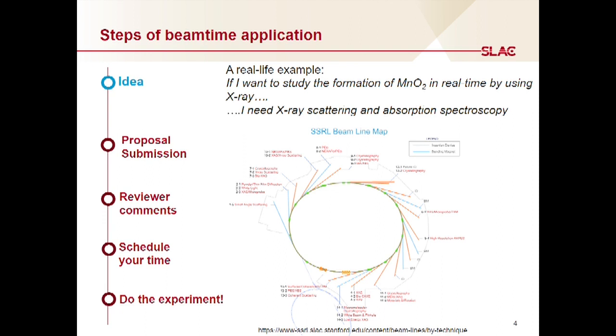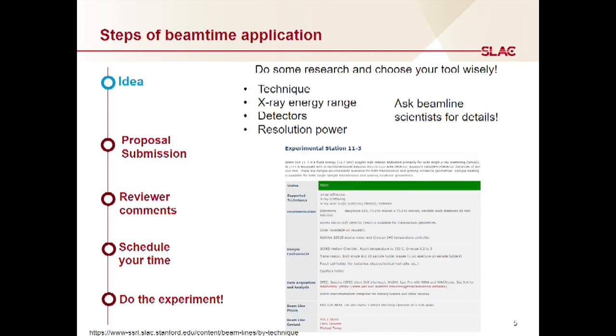In order to choose the suitable beamline for experiments, I'm going to focus on scattering beamlines. Then I find, for example, experimental station 11.3. I click on the label of 11.3, and there is a full chart describing the basics of this beamline, including the techniques it is suitable for, like X-ray diffraction and scattering, wide-angle scattering, or grazing incidence scattering. And the instrumentation basics, for example detectors, which we briefly discussed in the morning, and also some of the sample environments and compatible in situ cells that Doc just described, and also the data acquisition and analysis